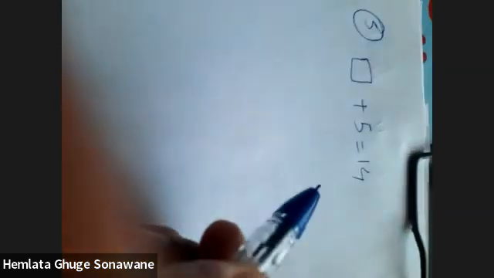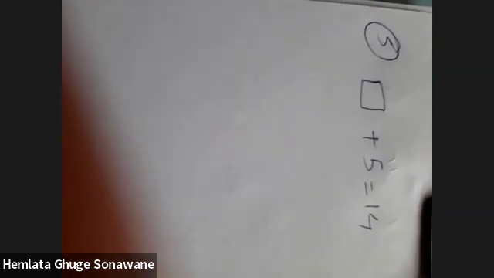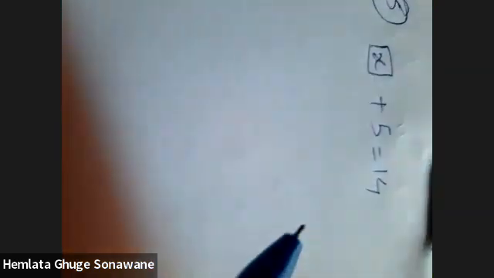Then next example, that is the fifth one. What is given? Which number should be added to 5 to obtain 14? Box is given, plus 5 is equal to 14. Now what is said? Which number should be added to 5 to obtain 14? We'll consider that number as x. Okay, so that is x plus 5 is equal to